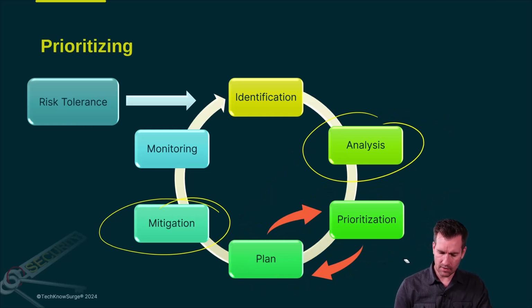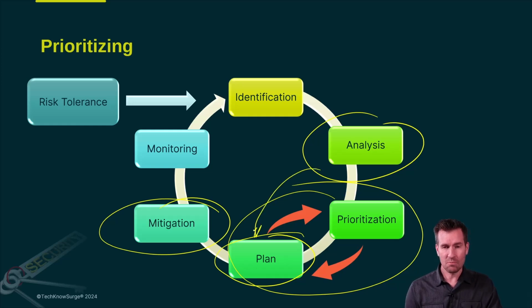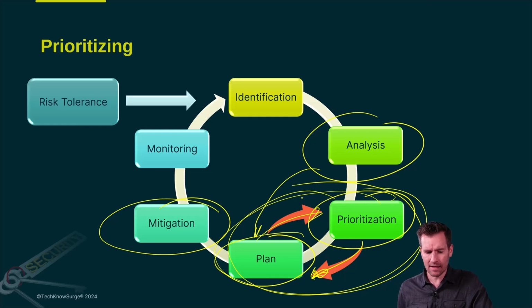In fact, I got this little diagram, these little windows that show that there's a lot of back and forth with this, because for some of the things to be evaluated right, for instance, return on investment, we really have to have an idea of what our plan is. So we sometimes have to skip and plan a little bit to figure out what our return on investment is and do some heavier evaluation. And then we go back to the prioritizing and prioritize things in a certain order. And then we realize, well, now we need to do a little more planning to understand our different priority list. So there's kind of this back and forth that happens between these different levels.